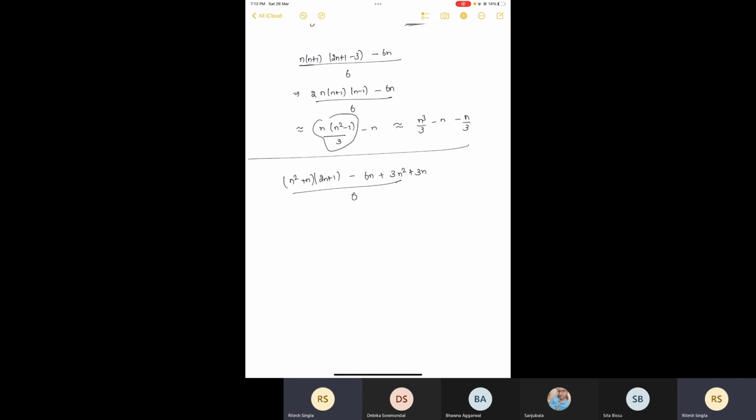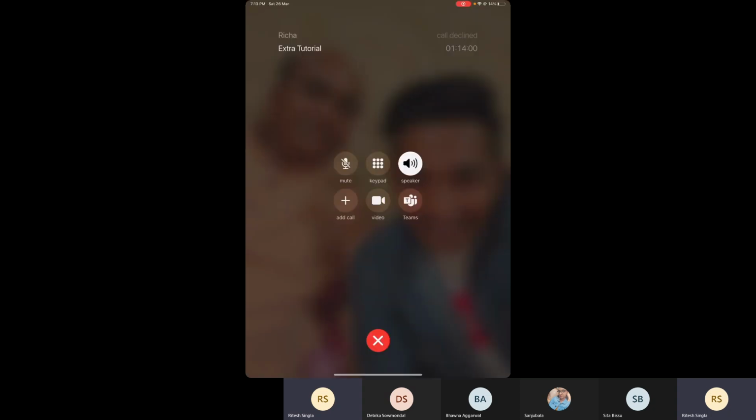If we go like this, it is 2n cube plus n square plus 2n square, it is 3n square, plus n. 2n cube plus n square plus n square plus n minus 6n plus 3n square plus 3n upon 6. If you solve this, it is 2n cube plus 3n square plus 3n square, it is 6n square minus 2n upon 6, which is nothing but